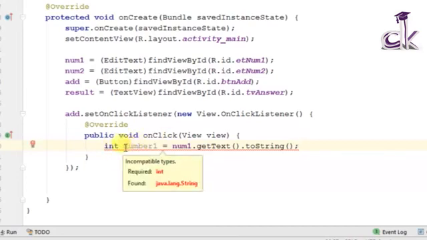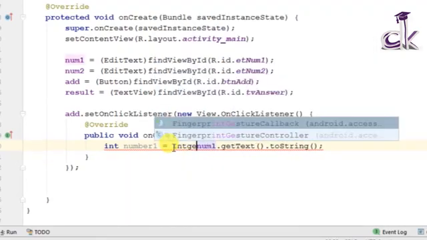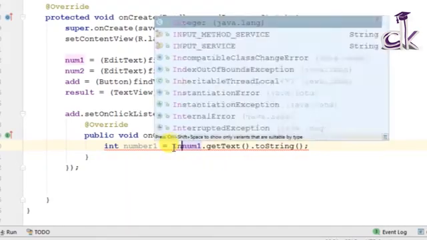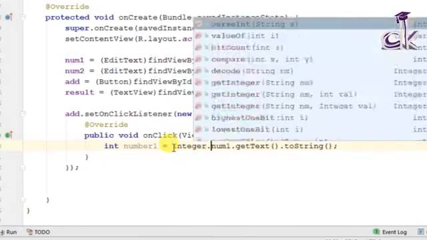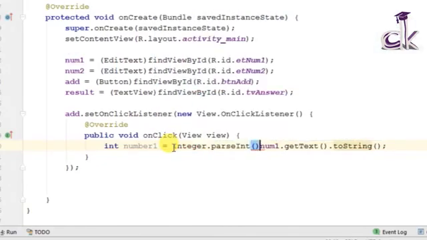Now since our number is an integer data type, we need to convert this string to an integer. So how do you do that? We'll use the Integer.parseInt function, which is used exactly in this case. So we have converted our string to an integer.